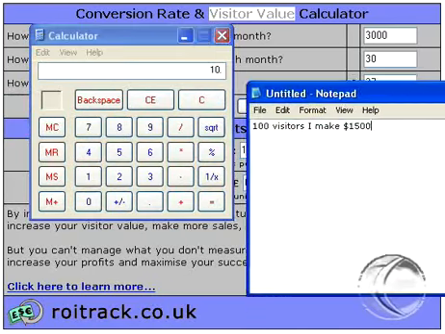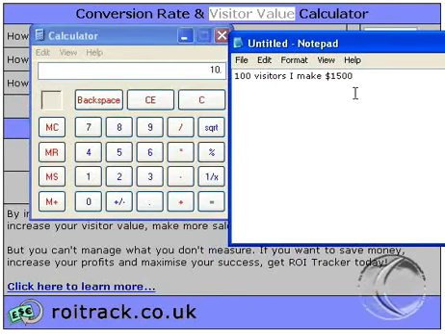For instance, say for every 100 visitors to my site, I make a sale of a product that costs $1,500. Maybe you don't have a product that costs $1,500, but there are plenty of products out there that can bring in $1,500 for you. And this would be a 1% conversion rate, which is not that difficult to achieve. Well, if for every 100 visitors to my site I make $1,500,